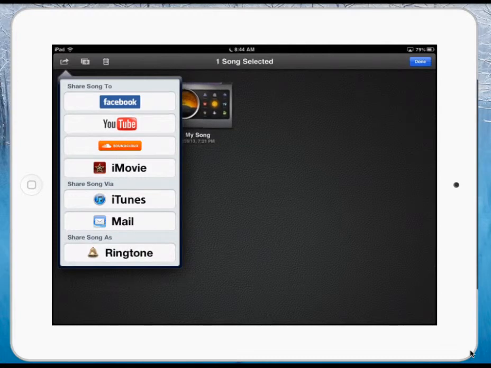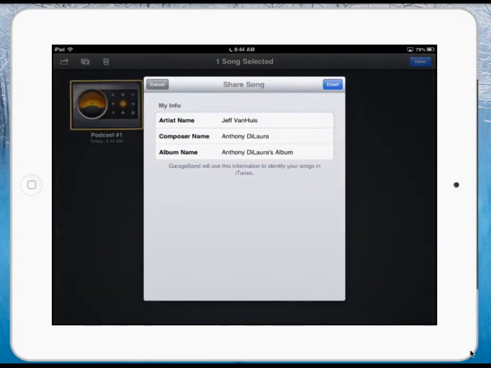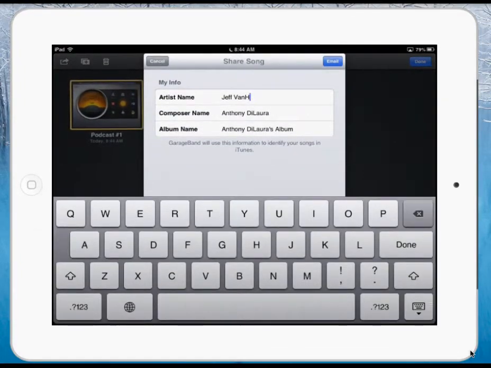So this is where the teacher needs to log into their YouTube and send that up to their YouTube account. I can also choose to send this via email, so I could just go in and I could change this to my student's name